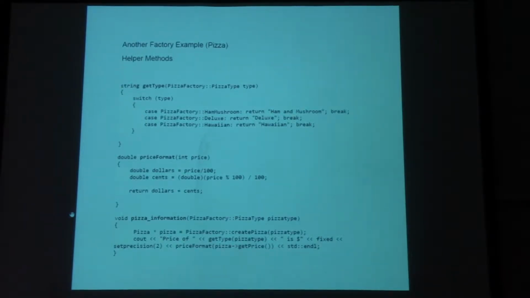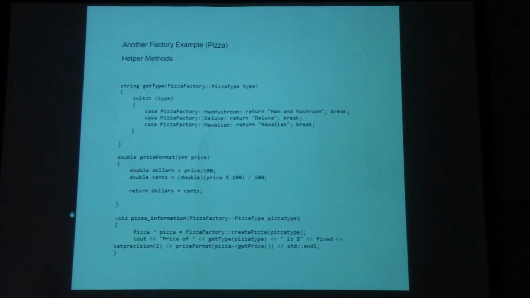And then we had some methods here to give you some values. And then basically to test the design pattern, all we did was we called the pizza information method, which sent in the pizza factory enum of one type, another type, a third type, and what the method would do, the pizza information, basically it would actually call the pizza type, and then give you the stuff about it. So that was a design pattern, which was a factory design